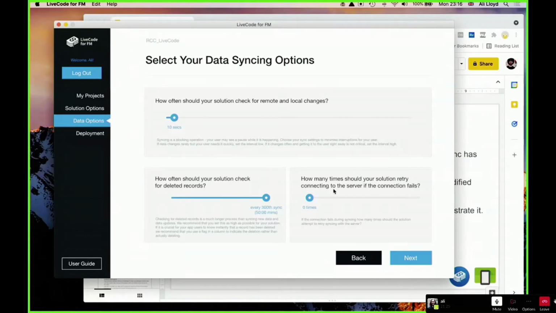And then how many times should your solution retry connecting to the server if the connection fails? I guess if the signal is slightly weak, then you might want to make it retry only a few times before giving up, and then trying again later.